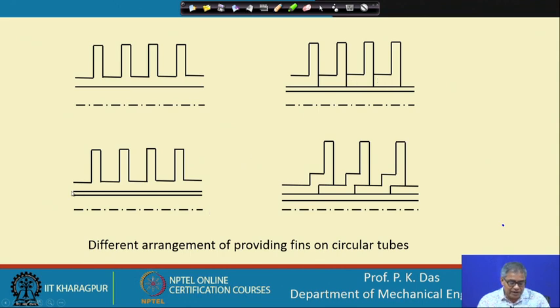Here again, this is the tube material and on the top of that there is a sleeve which has fins. Here again is another kind of design, so that the fins are tightly attached to the tube material, which is shown here. So many different kinds of designs are available, and finning machines are available. With the help of machines, one can provide the fins over the circular cylinder.